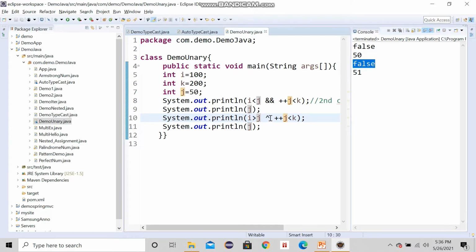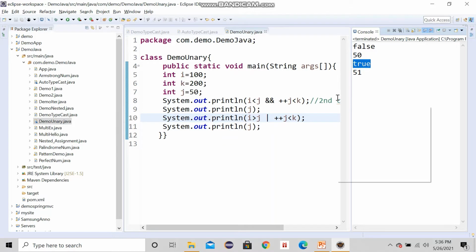Now if I use the OR condition, then it should be what? Let's see. True. Then it is true, because both the conditions are true. If both the conditions are false, then false. If any one is true, then it is true in the OR condition.